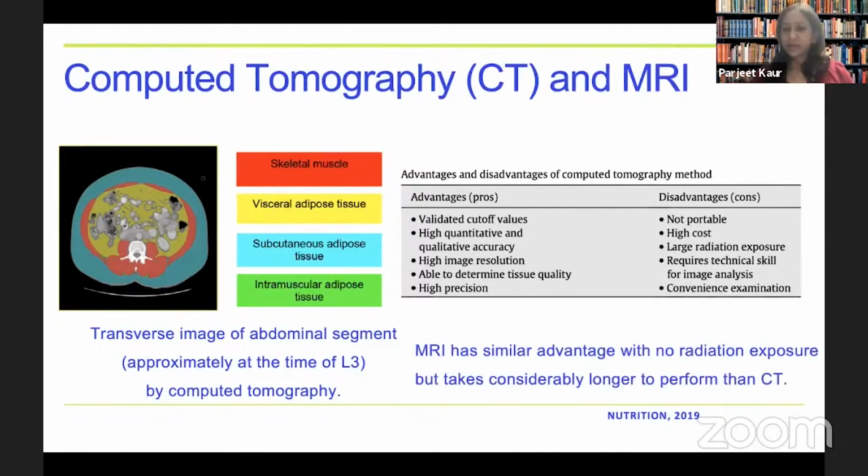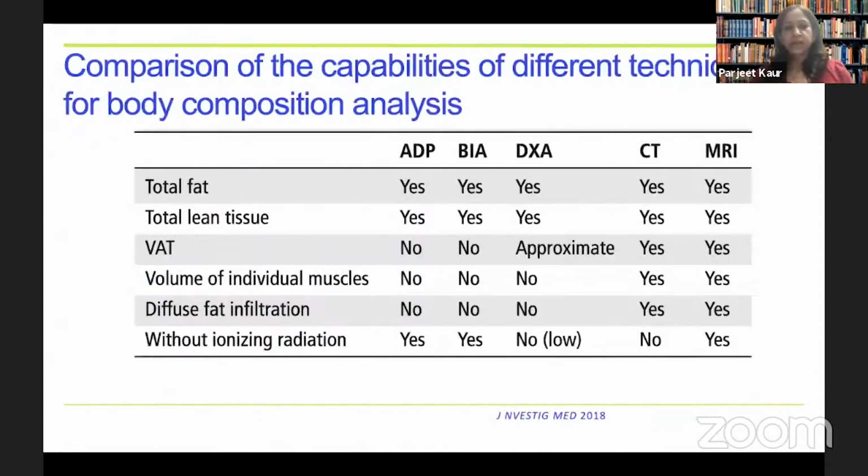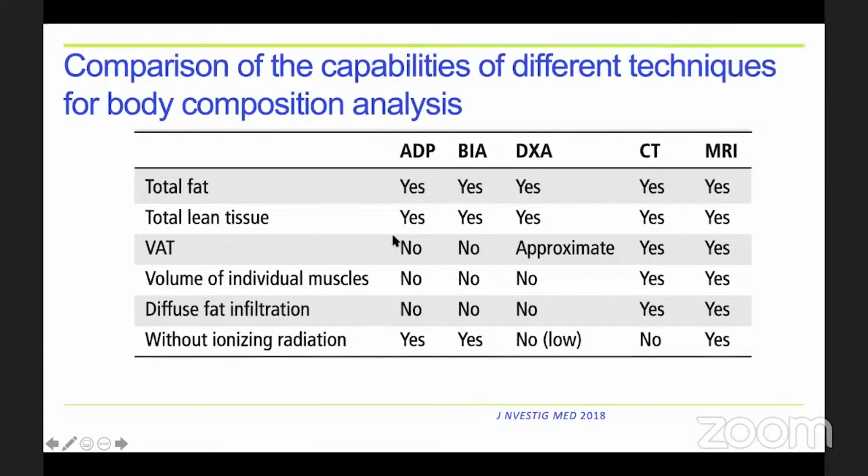MRI has similar advantages to CT, but no radiation exposure, but it takes longer time. And again, the issue of not being portable and high cost. This table just highlights what are the major components which are being assessed by the various techniques. As we have just seen, every assessment method is calculating the total fat. However, when we talk about total lean tissue, it will be calculated, which will include your